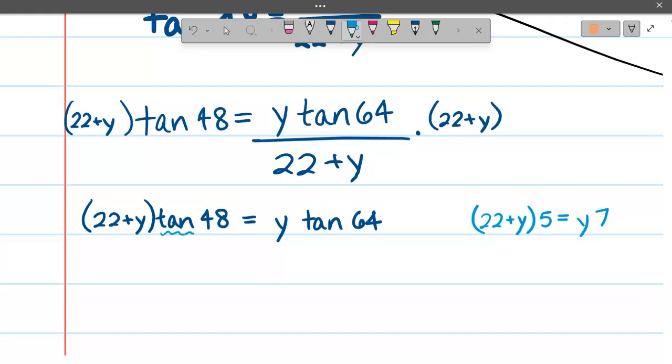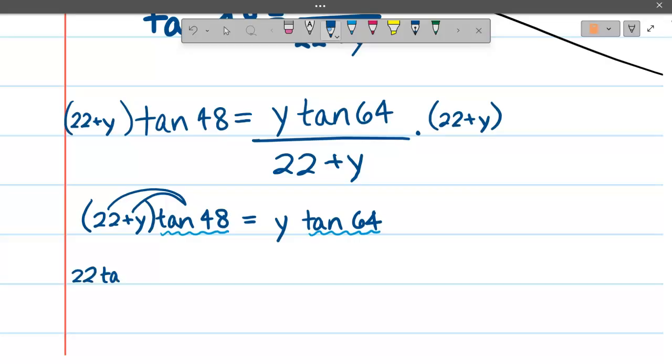These are just numbers. They look complicated, but they're just numbers. You can punch them on your calculator and get an actual number. We want to keep things precise. So think about what you would do here. For this problem, you would probably distribute that number outside the parentheses to eliminate the parentheses. So we're going to do the same thing in this problem. We're going to distribute here, which gives us 22 tangent 48, which is just a number, plus y tangent 48